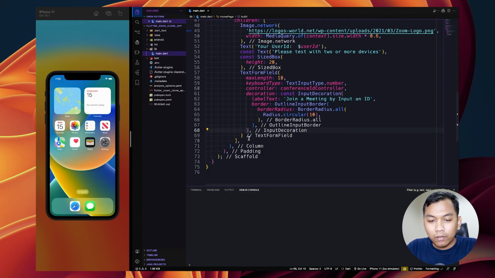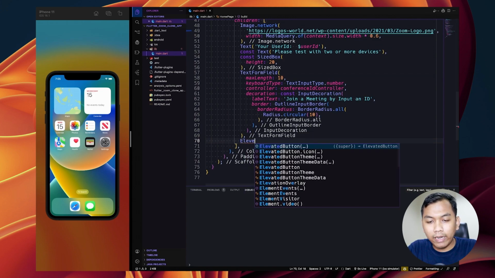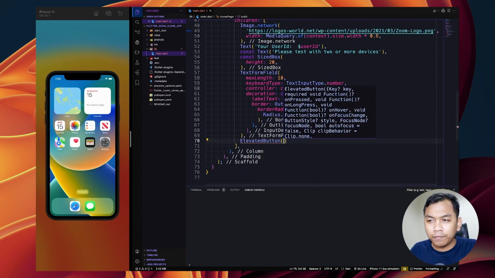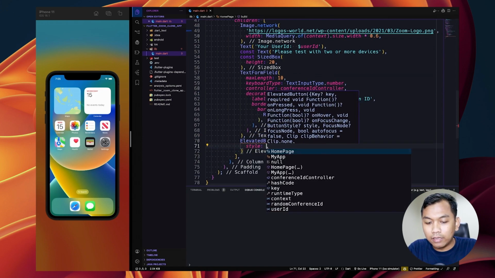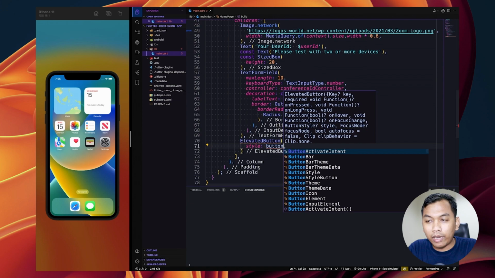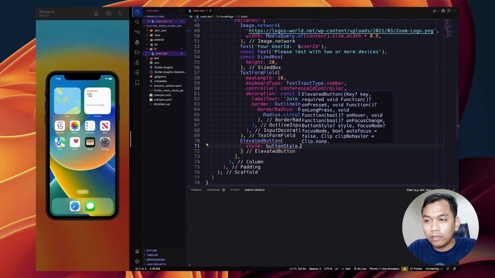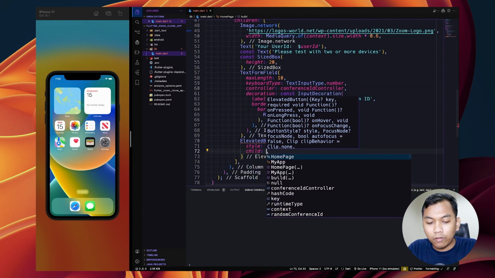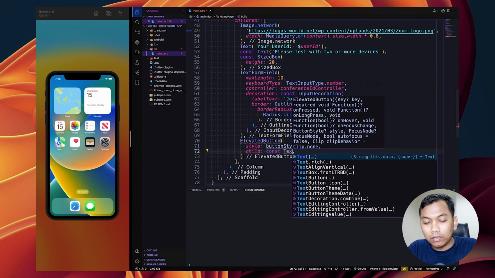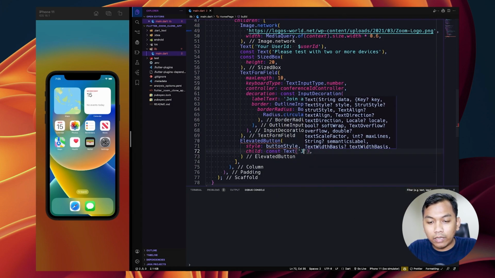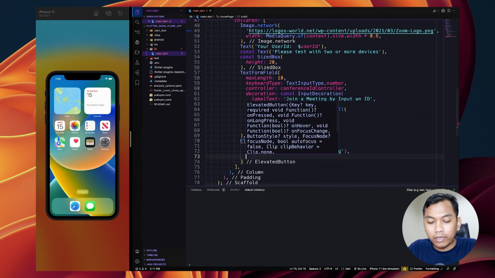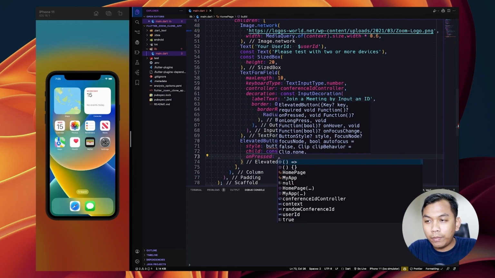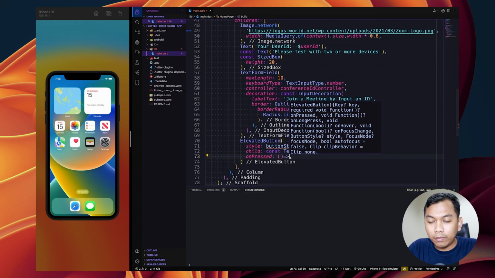And below this TextFormField, we will have an ElevatedButton, and the button is just as simple as this. We need to create a new style, and the child will be a Text widget, and we say 'Join a meeting'. The onPressed will be as simple as this.